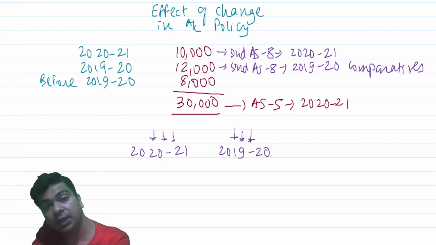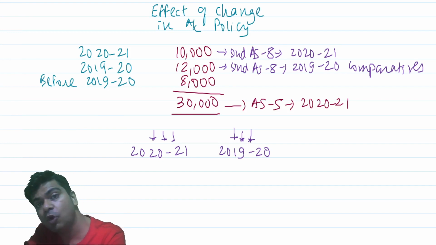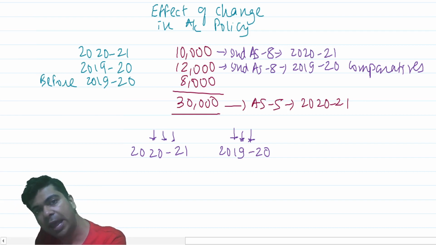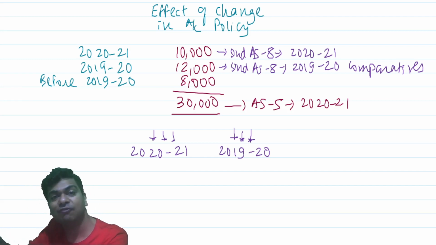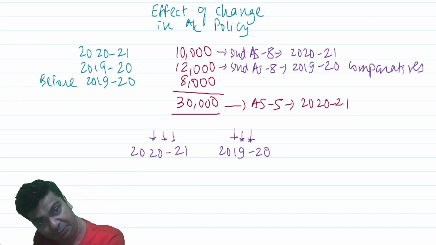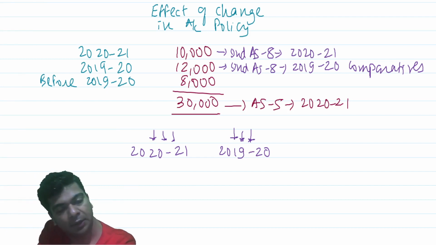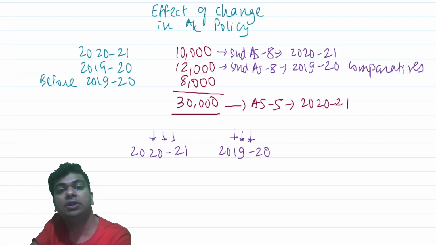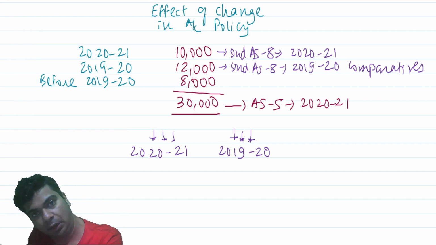But what about the effect of the years before the year for which comparatives are given? If I am doing business since the last 5 years, I am not going to prepare a P&L and a balance sheet, give the current year figures, and then also give 5 years' figures for comparison, right? Comparatives will be given only for the previous year. But then because you have done a cumulative effect, this will also have a bearing on the years before the year for which comparatives will be given. What to do over here? Okay, think about it. What will need to be done over here?